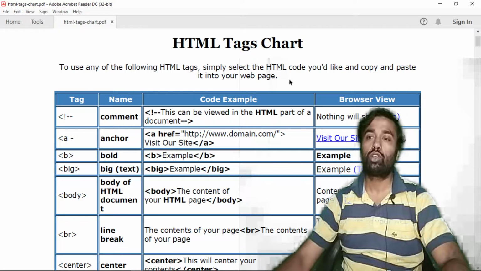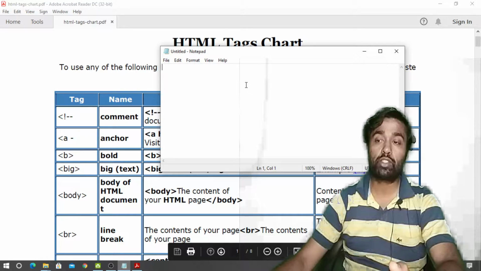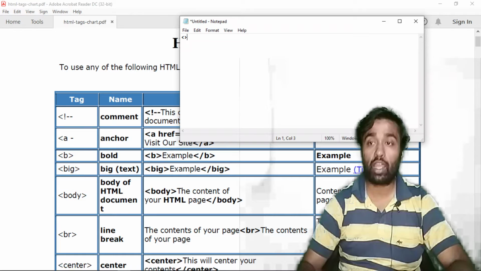If you want to create your web page, first you need to know how to write your HTML code. All the HTML code is written in tags. These tags are created between these braces.